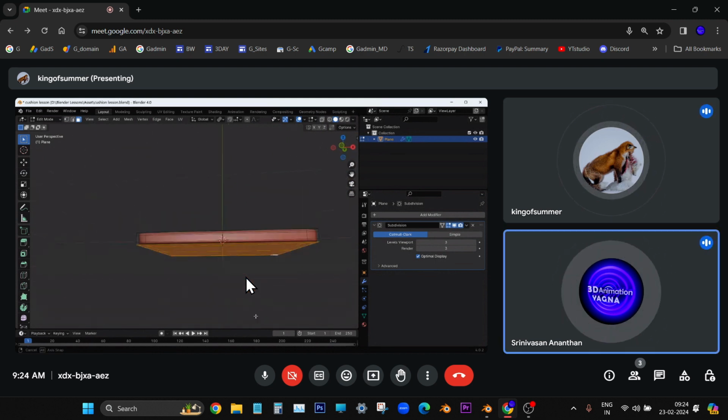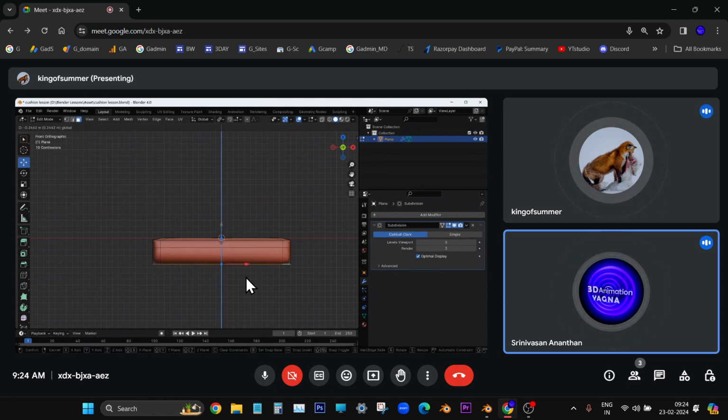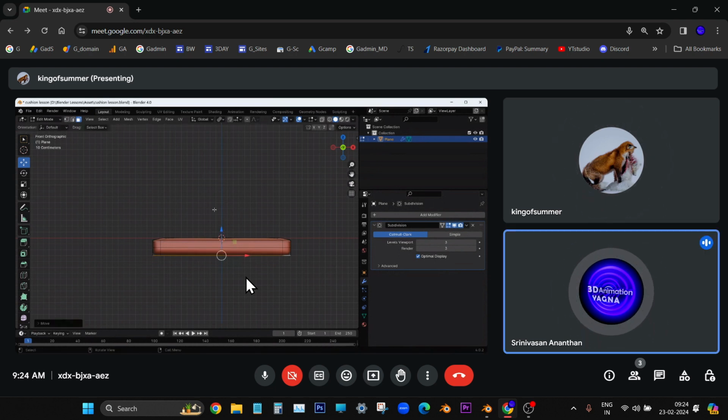Yes. Now go to front view, front orthographic. Press 1. Now you can move a bit. That is, move down a bit. Little, very little. Enough. Now you go to edge mode,